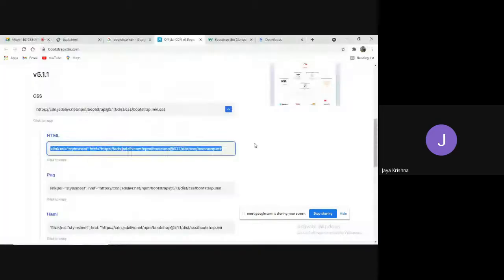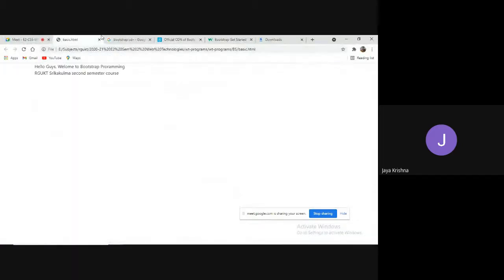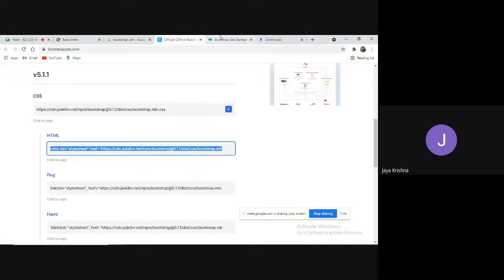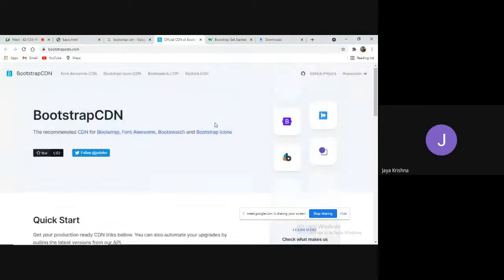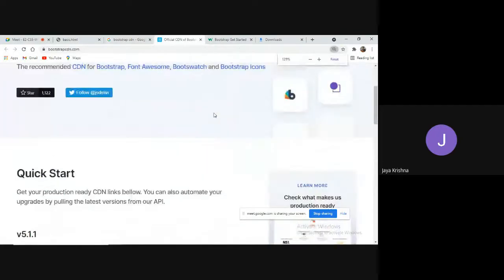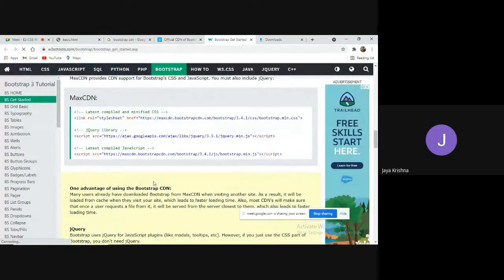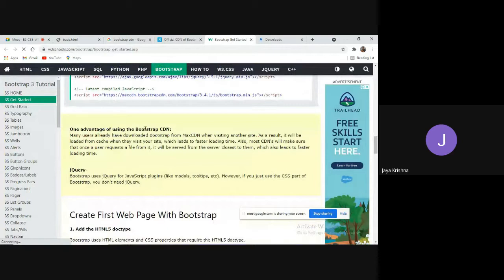Now also your output won't change because it is a predefined CDN given by Google. This is also a kind of CDN which we call Max CDN.